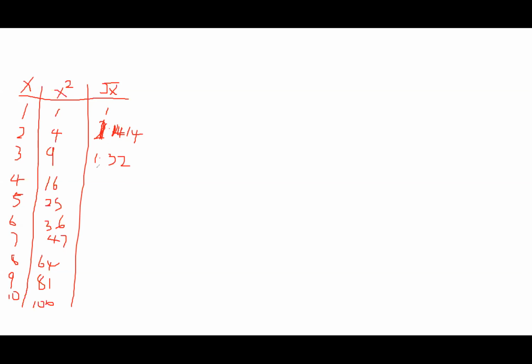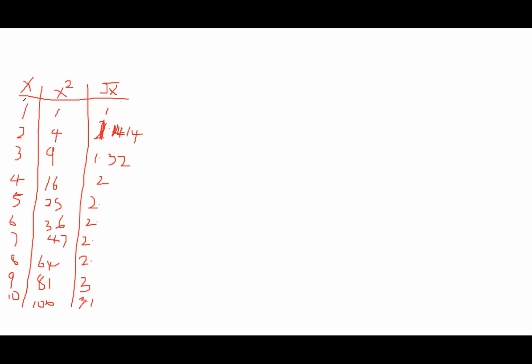Root 4 is 2. Root 5 is 2 point something. Root 6 is 2 point something. Root 7 is 2 point something. Root 8 is 2 point something. Root 9 is 3. And root 10 is 3 point something. What I just want to establish here is that